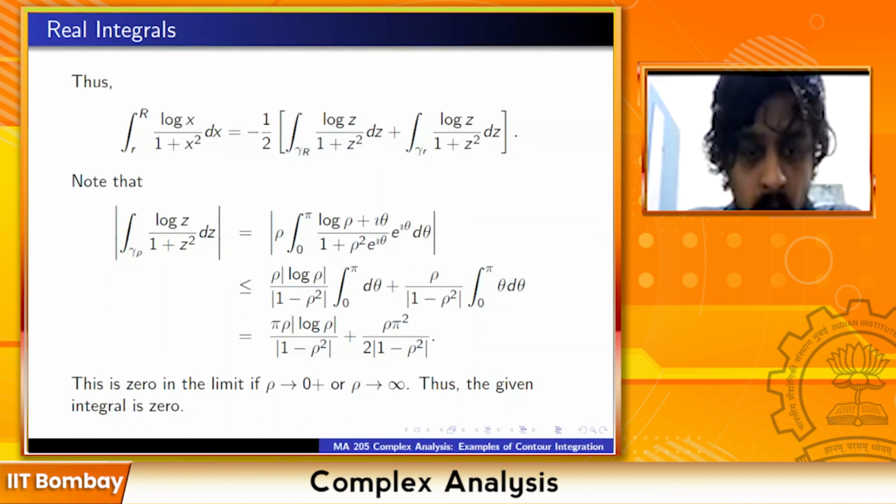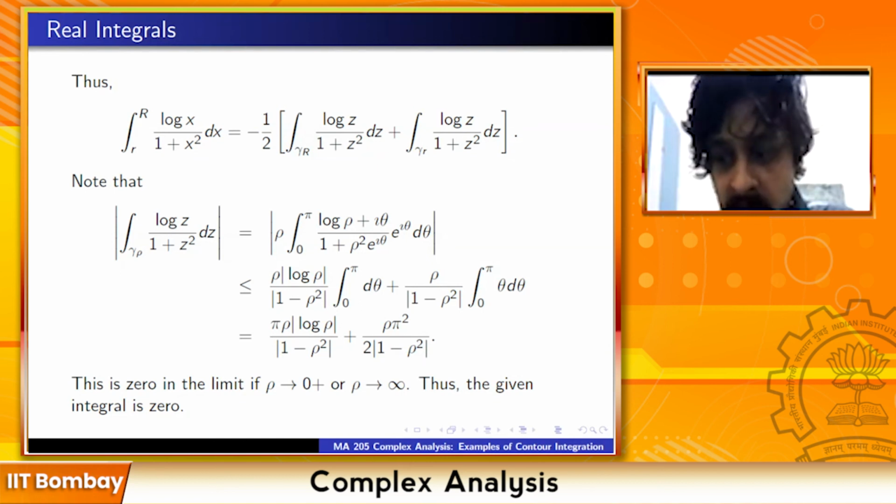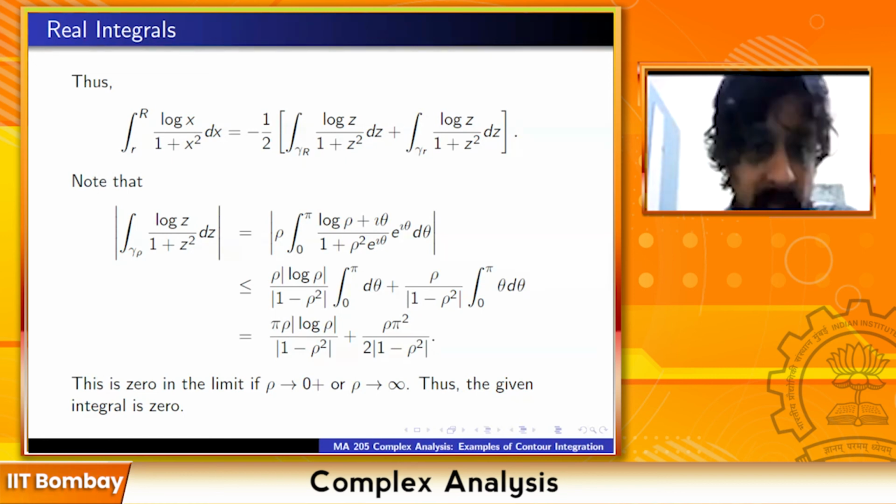Rho times log rho increases slower than 1 minus rho square as rho tends to infinity, so that goes to 0. The second term is even more obvious because it is rho upon 1 minus rho square. That will go to 0 as rho tends to infinity. Similarly, as rho tends to 0,